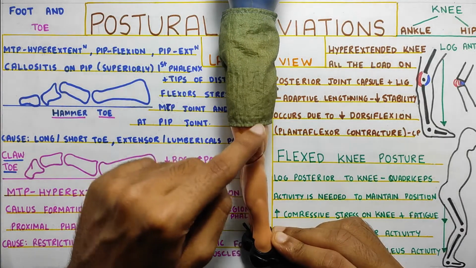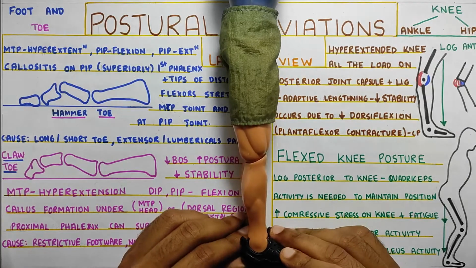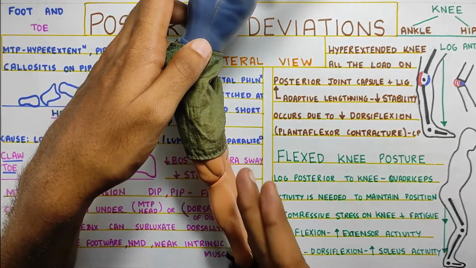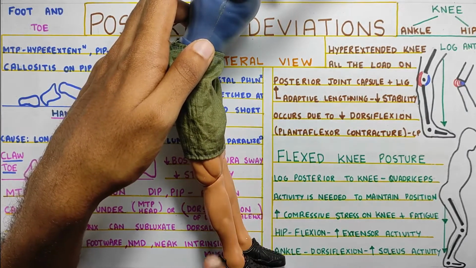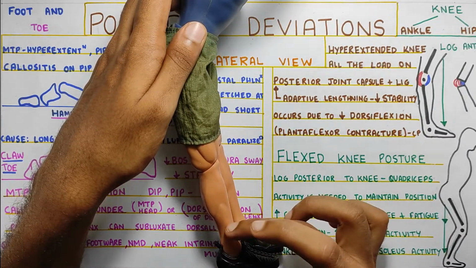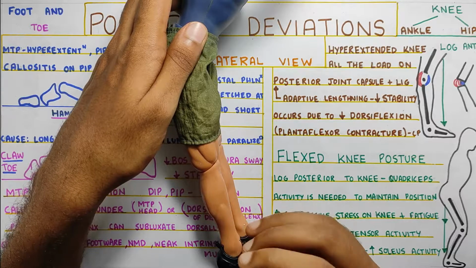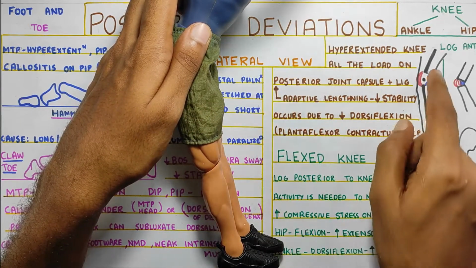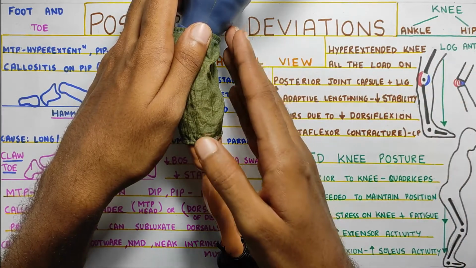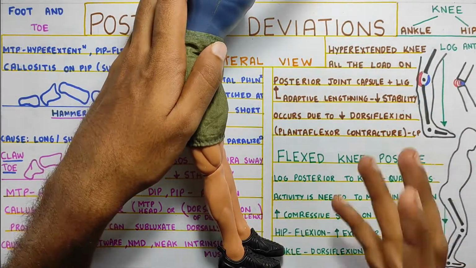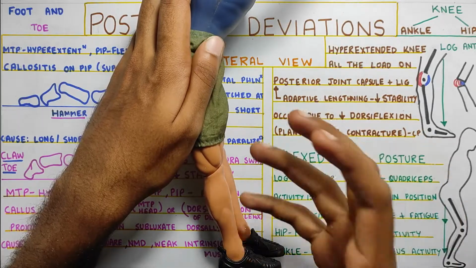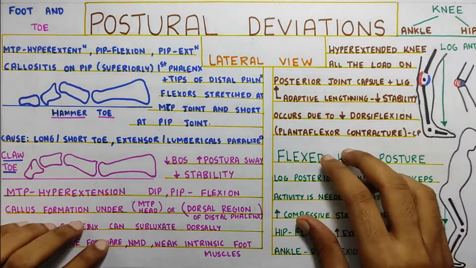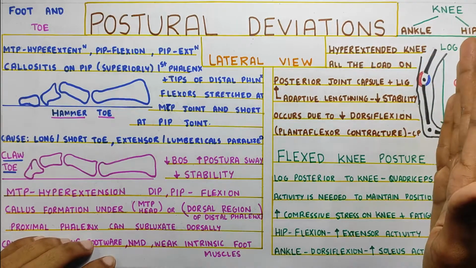And at one point, your knee has to compensate, right? At one point, your knee has to compensate and create that extension, which is not possible at the ankle joint. So because your ankle joint is fixed in plantar flexion, your knee has to go into hyperextension and create that range for you to stand up. So that can be the reason for a hyperextended knee, also called genu recurvatum. So this happens when the line of gravity goes anteriorly.